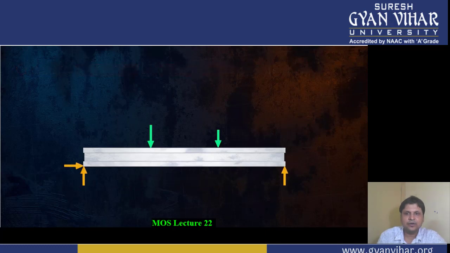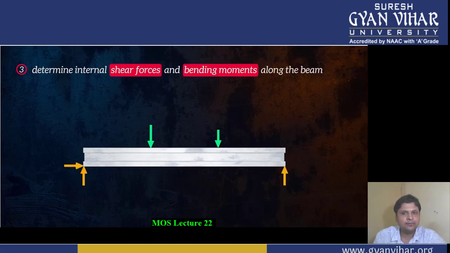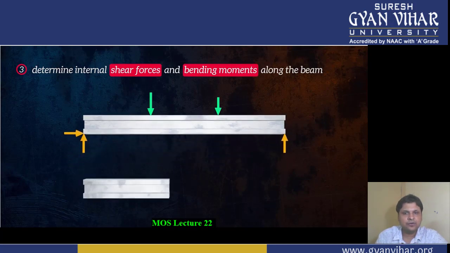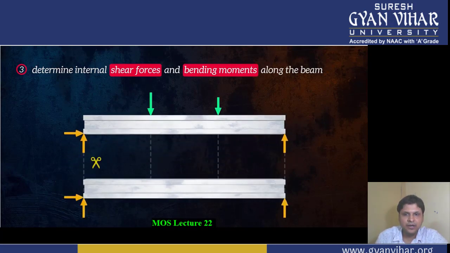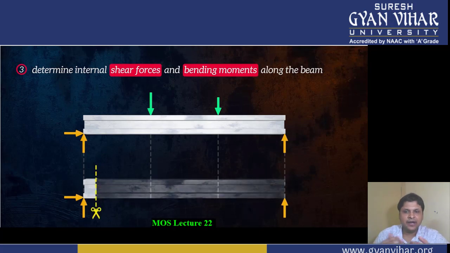reaction loads. Once all reaction loads are calculated, the third and final step is to figure out the internal shear forces and bending moment at every location along the beam. To do this, we will use the concept of equilibrium again. If we cut our beam at any location, the internal forces and moments need to cancel out the external forces and moment so that equilibrium is maintained. This allows us to easily calculate the shear force and bending moment at each location along the beam.